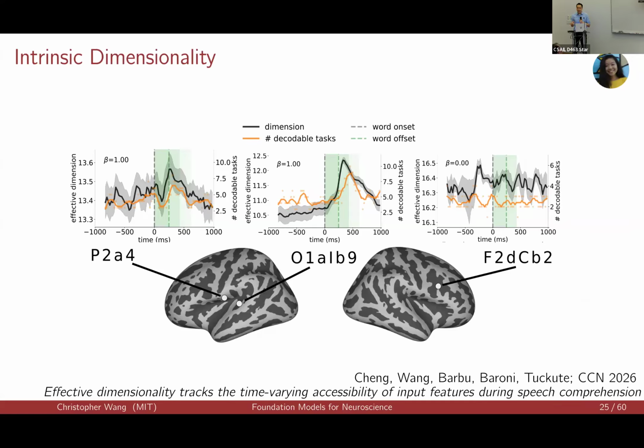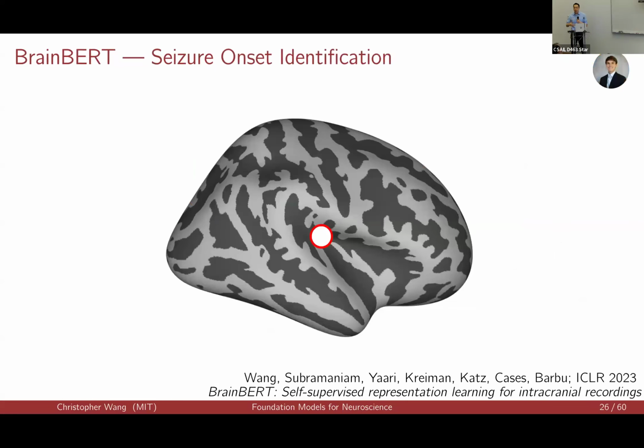There's one other thing that we think we can use BrainBERT for, and that's improving epilepsy treatment. So like I mentioned, these patients are originally in the hospital for epilepsy treatment, and the electrodes are recording their activity. The neurologists are reading the recordings, and what they're looking for is a characterization of the seizure network. Where is the seizure onset zone? Where do seizures start? How do they spread? Throughout relay paths, do they spread? How fast do they spread?